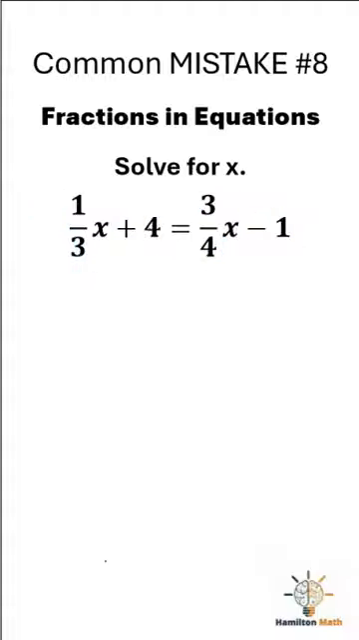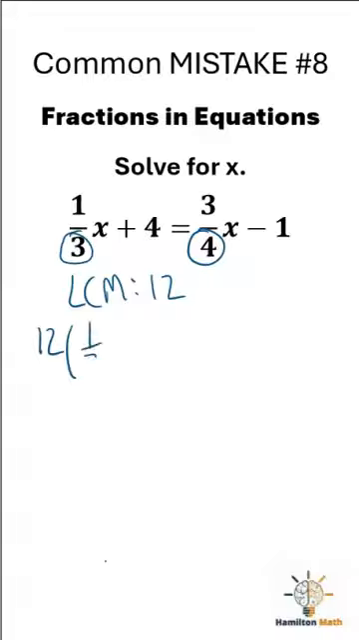So now what we're going to do is we're going to look at the 3 and the 4, and we're going to notice that the lowest common multiple of those two numbers is 12. And so that's the number that I'm going to multiply both sides by. Then I'm not changing the equation because whatever I'm doing to one side, I'm doing to the other. So I'm going to go 12 times 1/3 x plus 4,